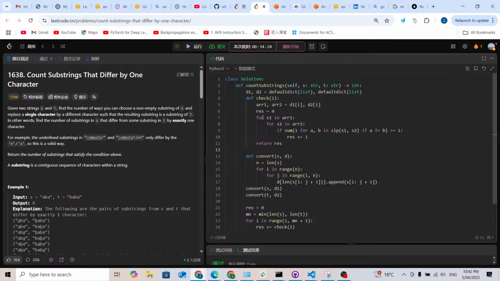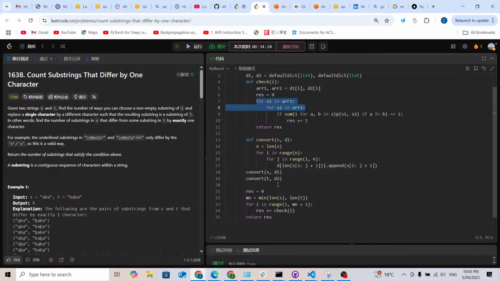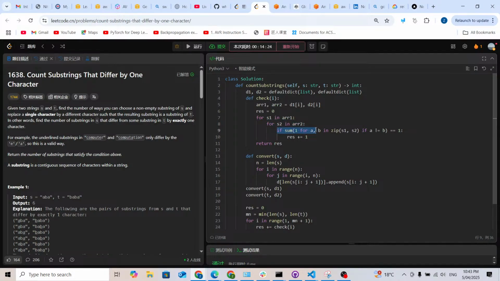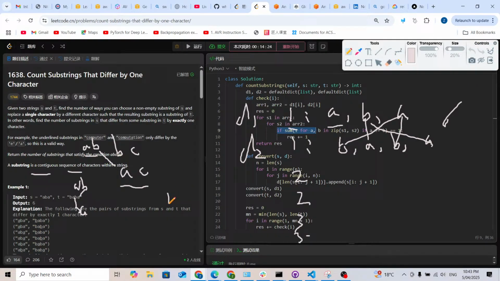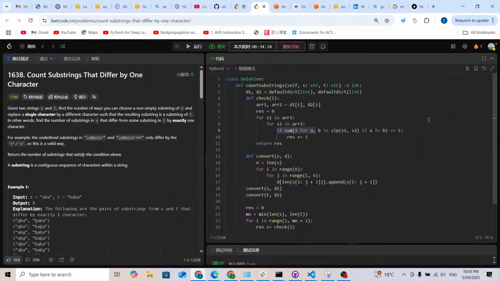But actually, for this for loop over S1 and S2 inside array 1 and array 2, the sum of these values is going to be the total sum of the array. Actually, we can understand it as the time complexity being n cubed, instead of n to the power of 4. Actually, it is n cubed. This is for the time complexity. Because here, S1 is just a subarray, S2 is also a subarray, and we just need to sum up all the